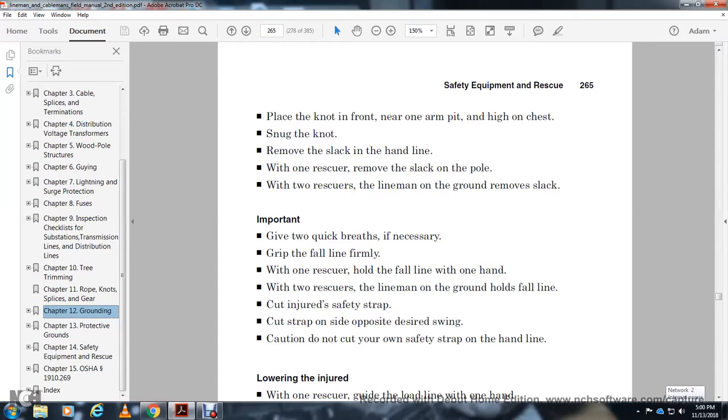Place the knot near the chest of the victim. Remove the slack of the hand line. With one rescuer, remove the slack on the pole; with two rescuers, the lineman on the ground removes the slack. Important: give two quick breaths if necessary. Grip the fall line firmly. With one rescuer, hold the fall